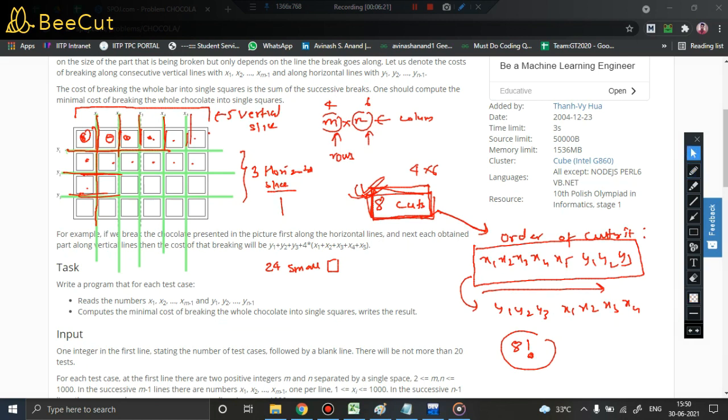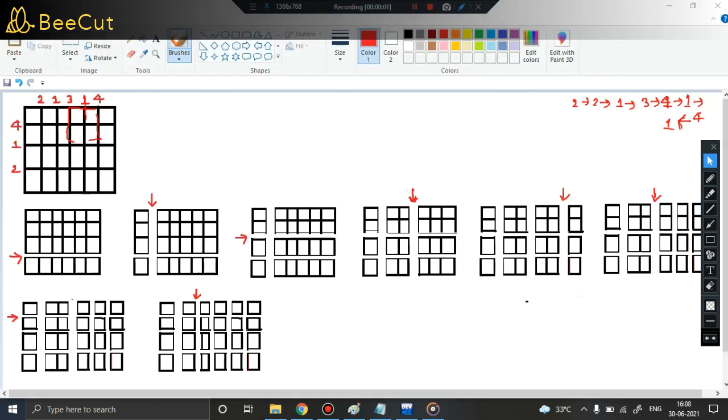So I have an example for you. Let us now look into this example, right? Here I have an example to make you understand how things are actually working. Suppose this is the Cadbury block that I am provided, and the dimension of this Cadbury block is 4 cross 6, where 4 is the number of rows. You can see 4 rows and 6 columns. Fine. Now we know that in order to convert this Cadbury block into smaller pieces, which is what I want, right? Smaller pieces of chocolates.